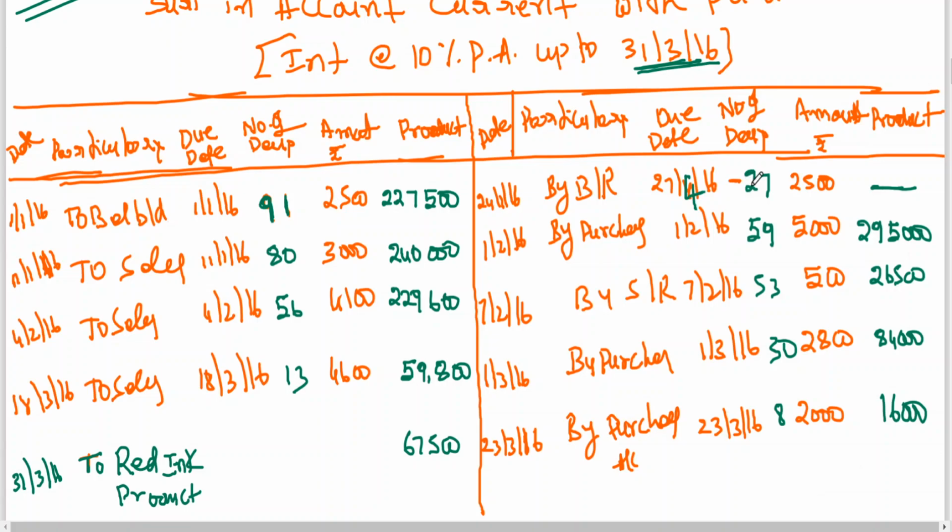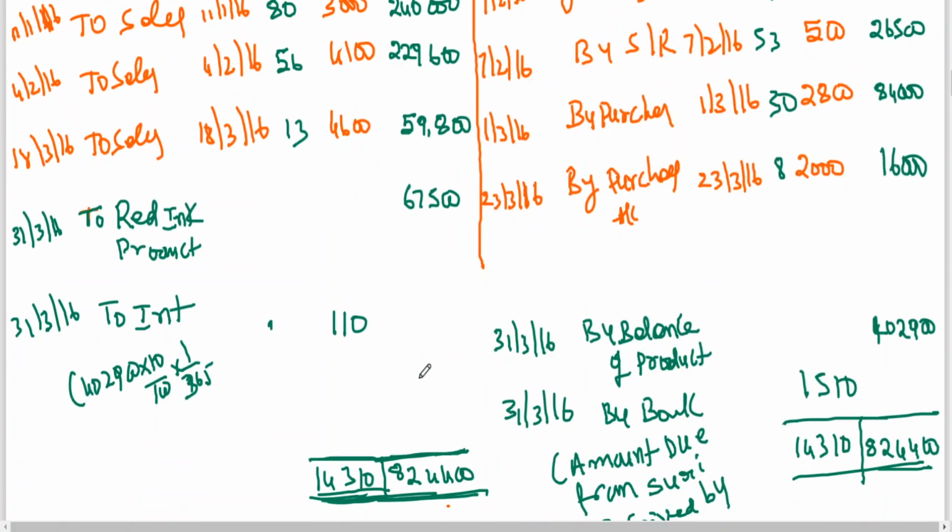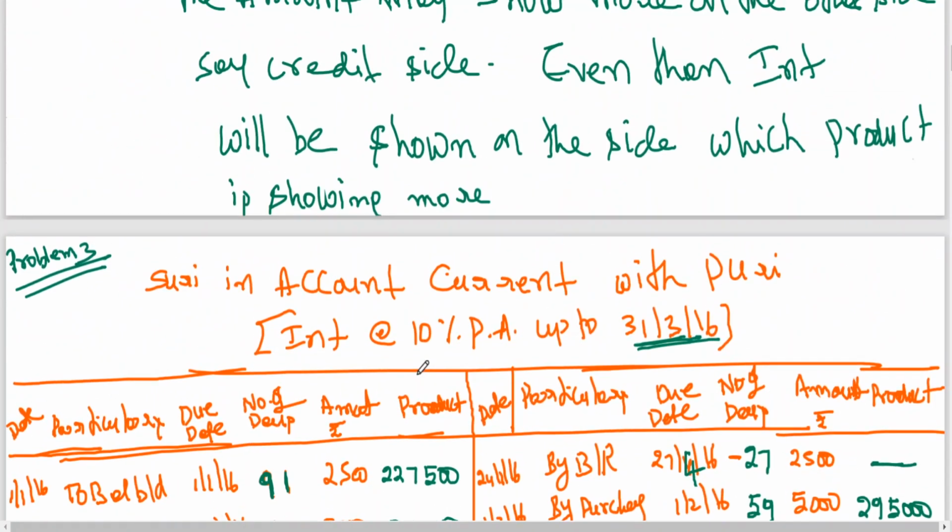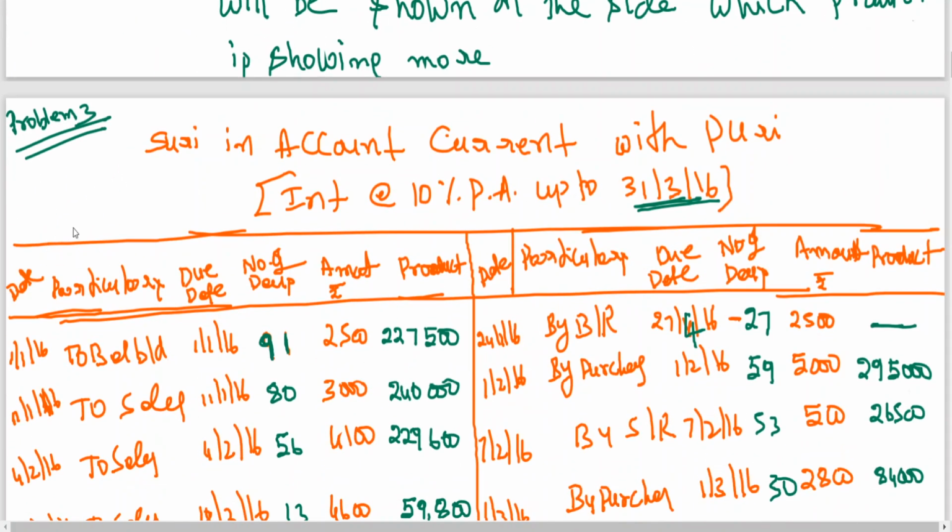Negative days. When you are getting negative days, the due date falls after the due date. It is called negative date. That we are writing on the other side. Otherwise, if you write here, then after subtracting, the negative value again has to be added. Why should you add again? Instead of adding it, we are writing on the debit side. Calculation becomes simple. So today, this is the red ink method.